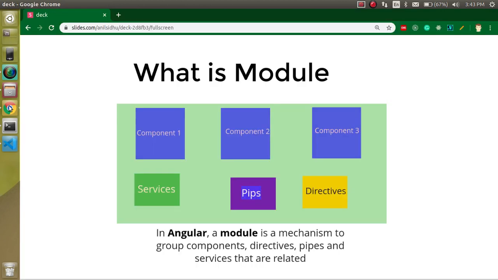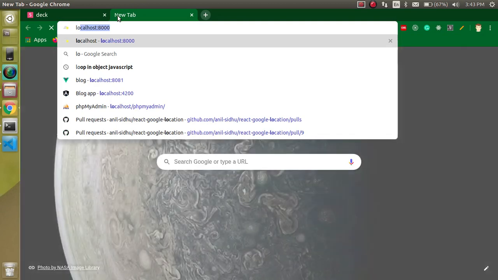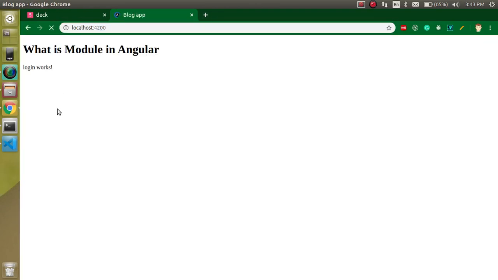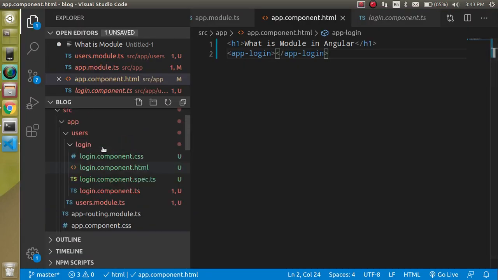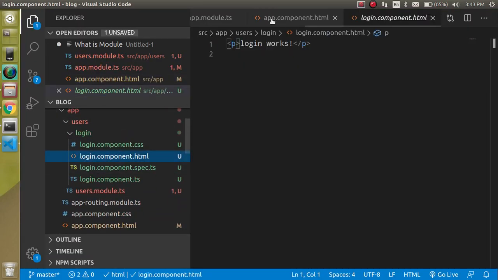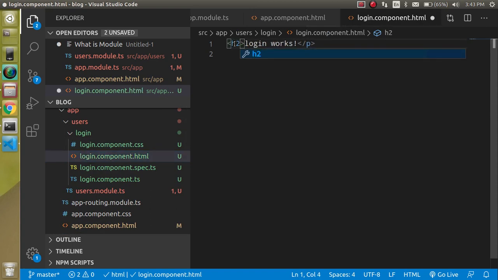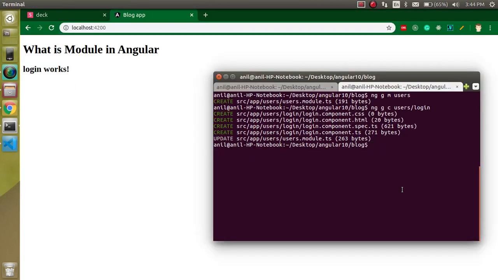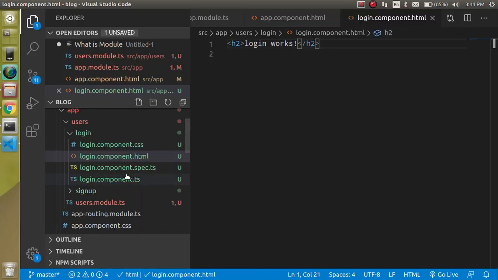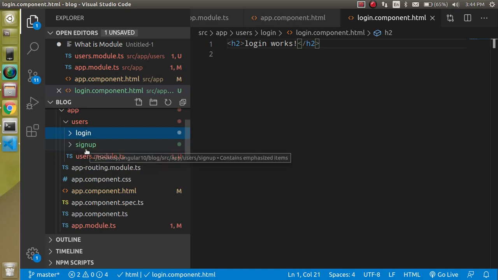And let's come to the screen with localhost:4200, right? Here you can see that login works great. So if you want to make a change inside this, let's say you want to put an h1 tag here so that it looks a little bit bigger, you can also do it, right? So now let's create one more component, sign up. Just hit enter, and now you can see we have two components, sign up and login, and